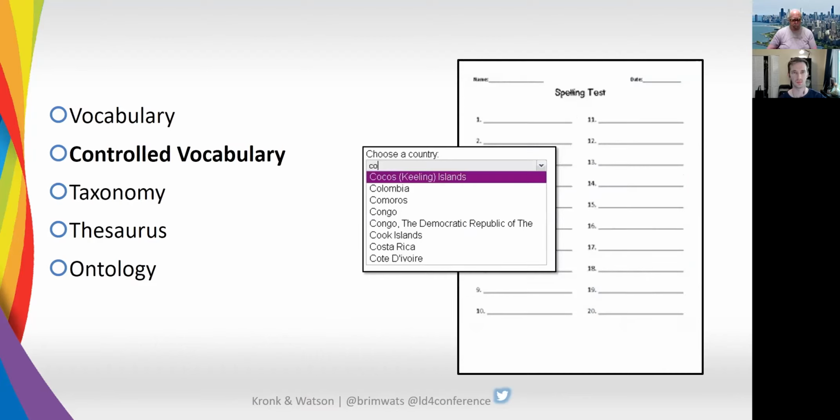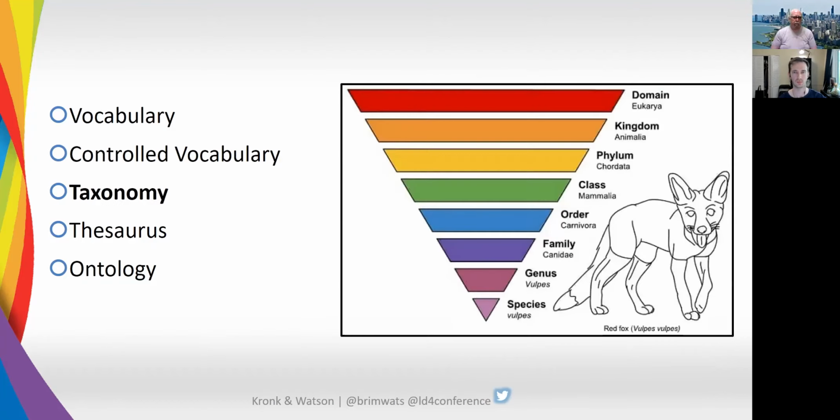That's like a spelling test, or a very specific language or country. You can only pick from a very specific list. That's it, nothing else. That's the entire universe. And then of course, you have taxonomy, which puts things in order from higher to lower, and gets more and more narrow or more and more broad. An example I have here is the red fox, which is in the animal kingdom. It's phylum Chordata, class Mammalia, order Carnivora, family Canidae, genus Vulpes, which is just Latin for fox, isn't it? Like the horse, which is Equus, horse.